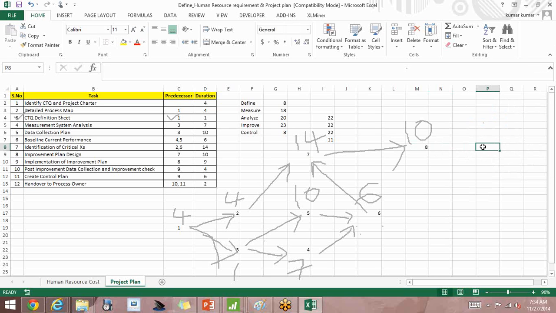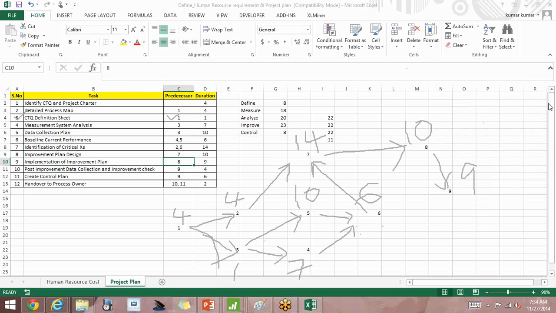Okay, let me put step 9 here. Step 9 is implementation of improvement plan, which has a connection from 8. So let me draw that connection also. And how many days will it take? Step 9 takes 9 days.